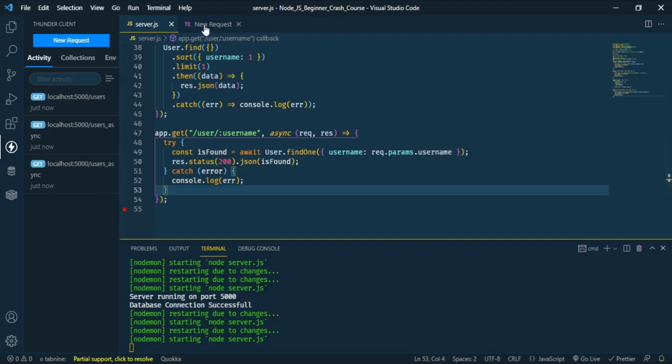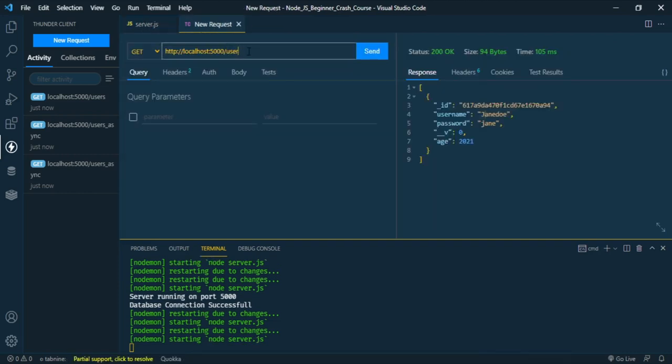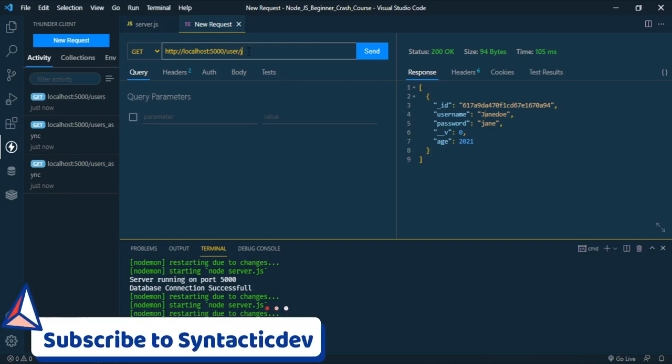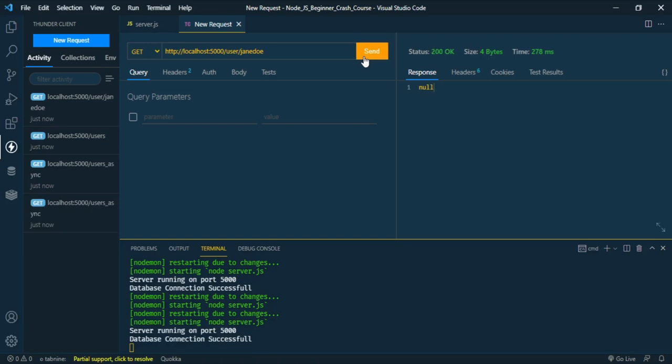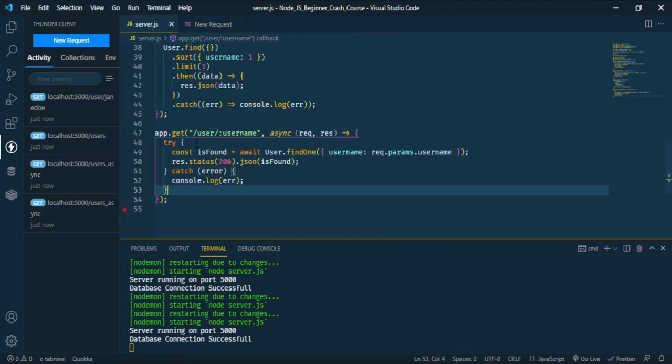And go back right here, user / so let's put in the username of Jane Doe and send, and we are getting the null as a response. Is found user.find1 username request dot params dot username,